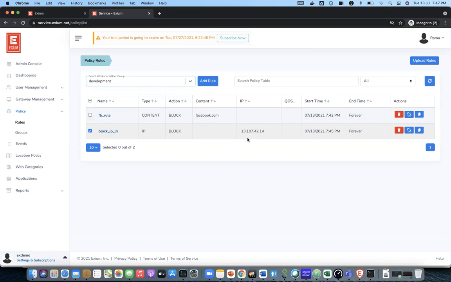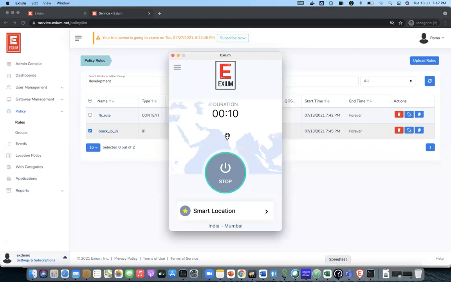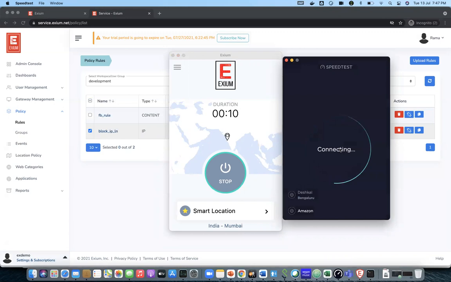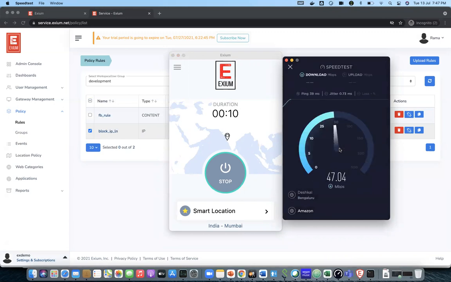Now the next part is I want to demonstrate the quality of service policy. By default, there is no cap on the overall quality of service a particular user can access. Right now, this is my current limitation, my Wi-Fi limitation, which is 100 Mbps.